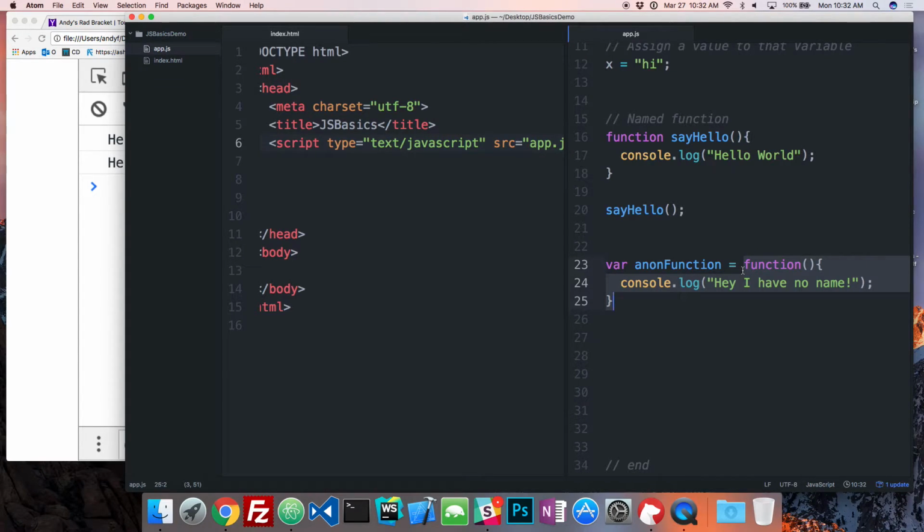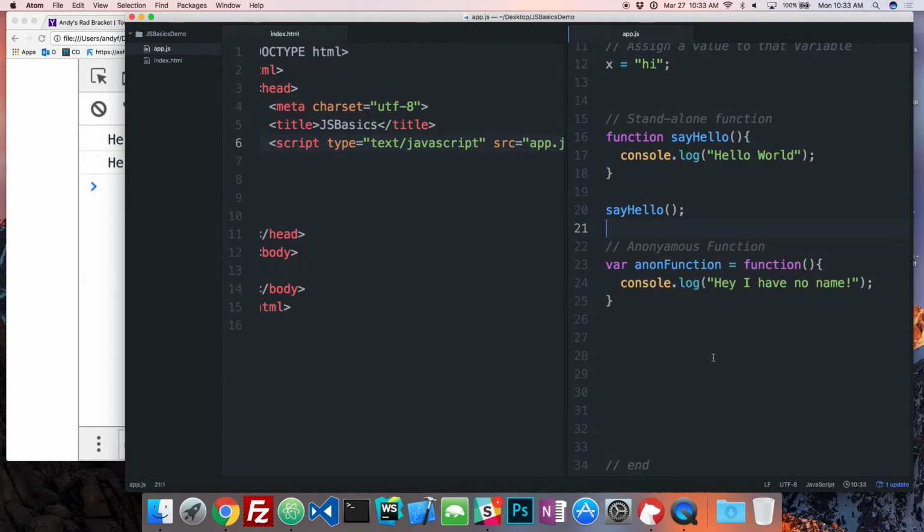So the difference is this function is a standalone function. It can just be there and be called. But this function here, it's not standalone. It's an anonymous function. So this is actually called standalone. A-N-O-N-Y.